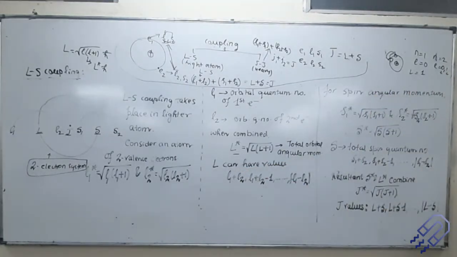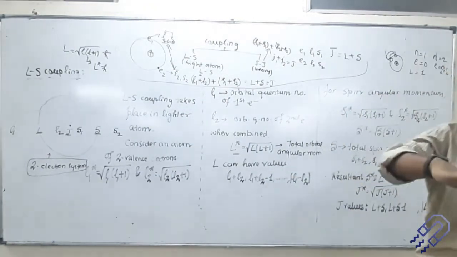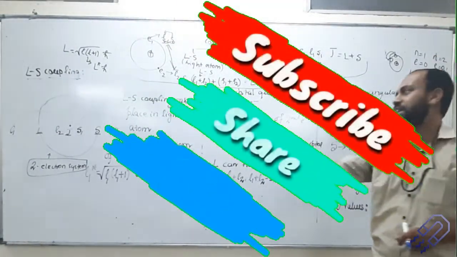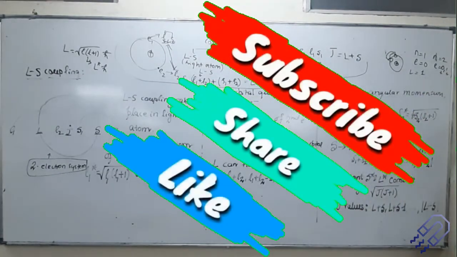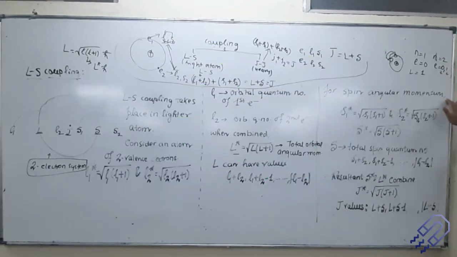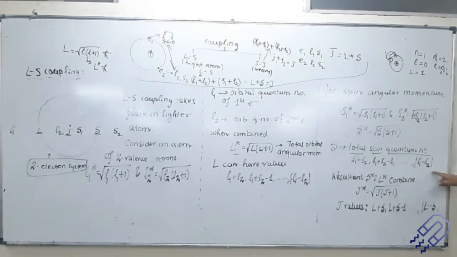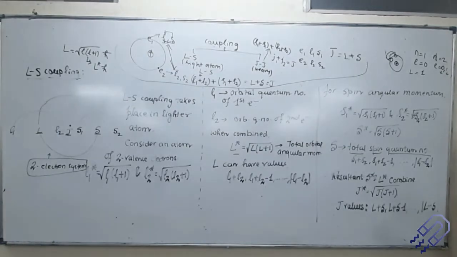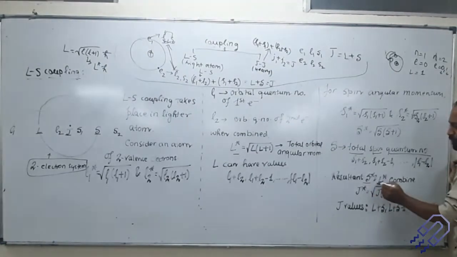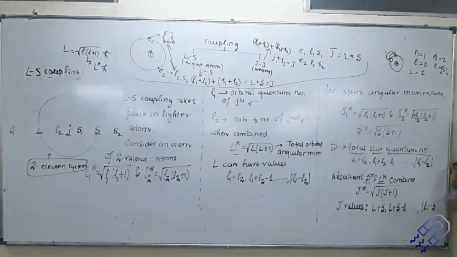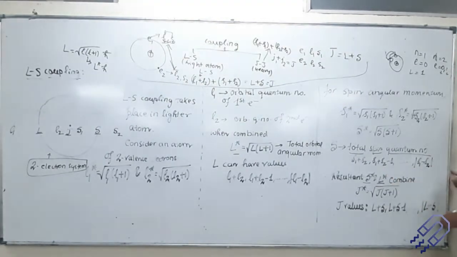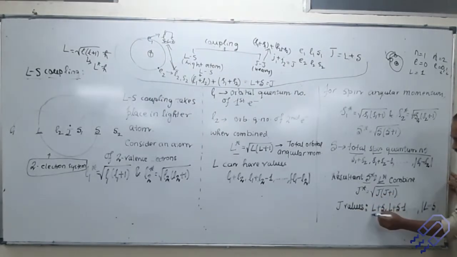But this is fixed. If L is fixed, the energy it has is fixed, because angular momentum and energy are directly connected, right? Similarly, we can write it down for spin angular momentum as S1 star, S2 star. Combine them and I get the total spin quantum number, and this also has a restricted value. So what will be the value of J? J would be nothing but L plus S. You don't need to write it, but I think I have already written this in your last class note. J star is equal to root over J into J plus 1. That's it. So the J value is restricted. It can be L plus S, down to mod of L minus S.